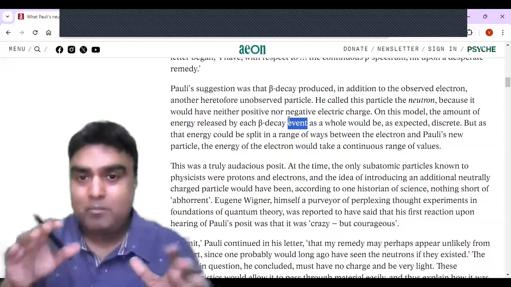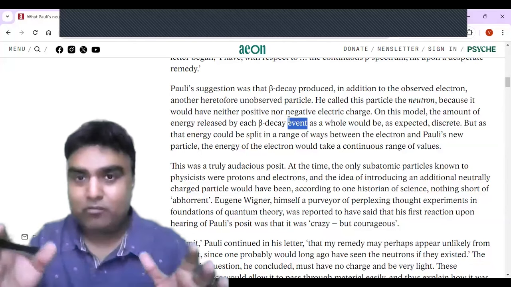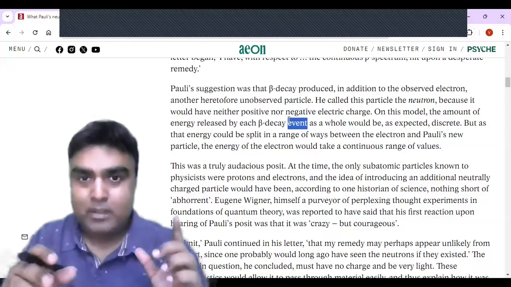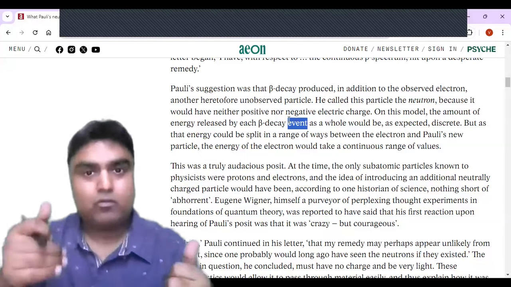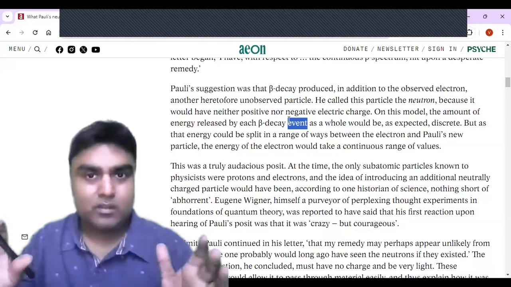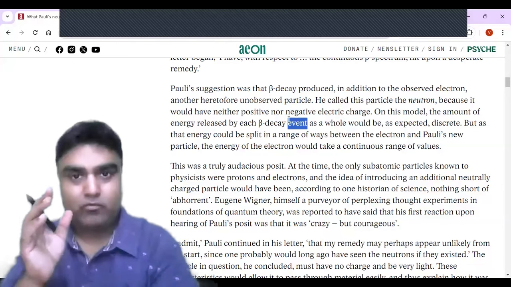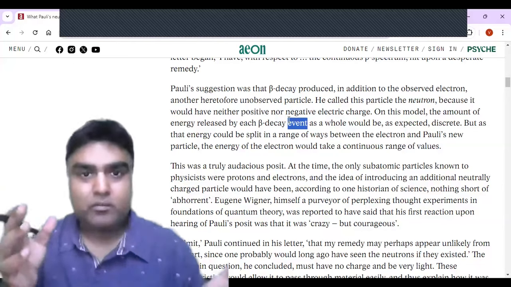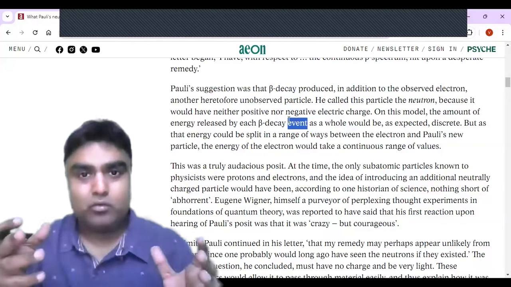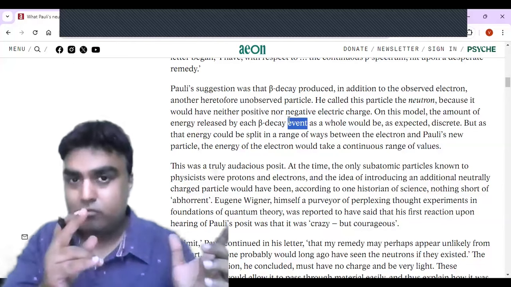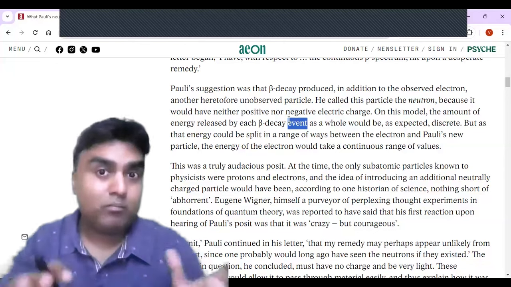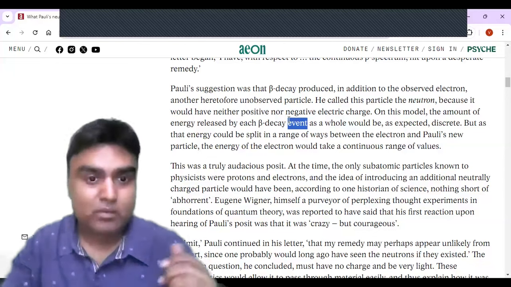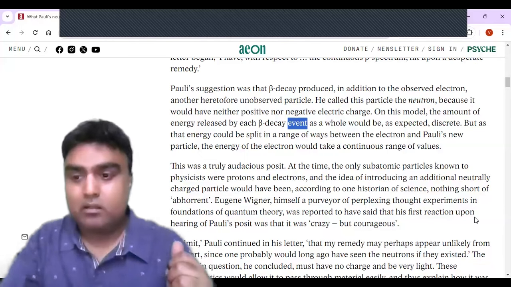Now, I may not be able to understand many of the sentences here, but I have a very clear understanding of the problem they were facing, and that is the electrons having different energy levels. That is the problem which I learned from the previous four paragraphs. And the fifth paragraph is providing a solution to that problem of electrons having different energy by introducing a new particle. Okay, so I'll read the next one.